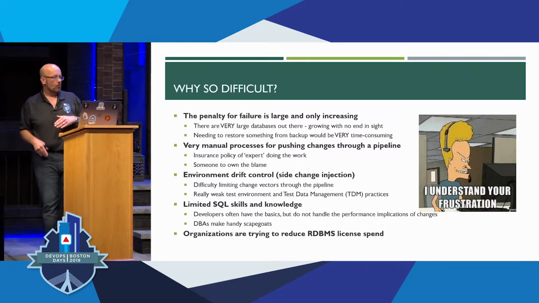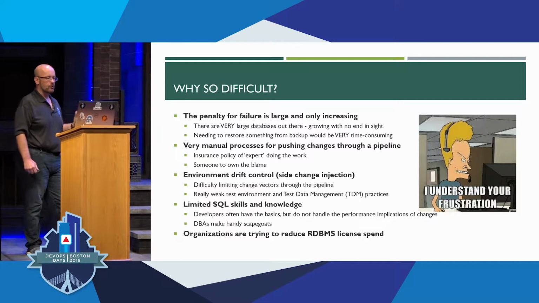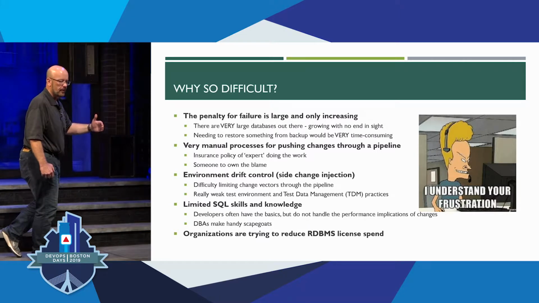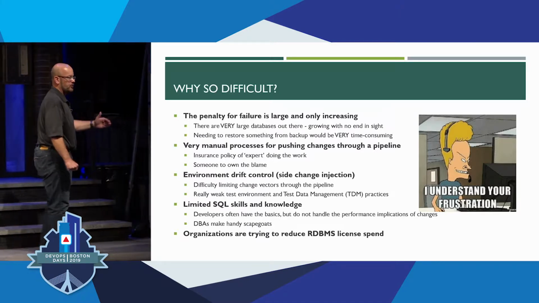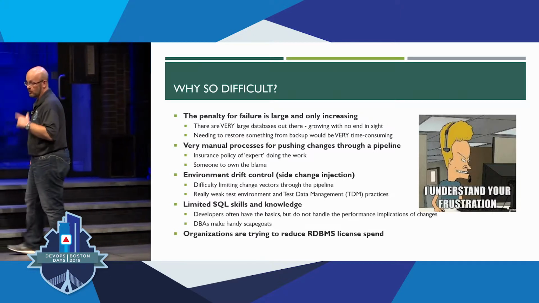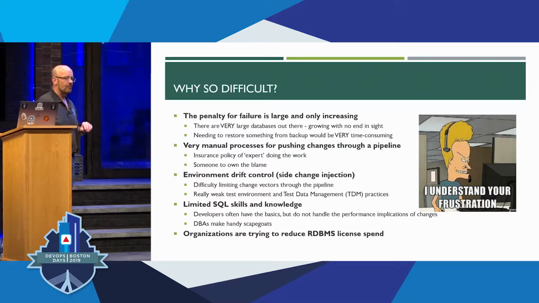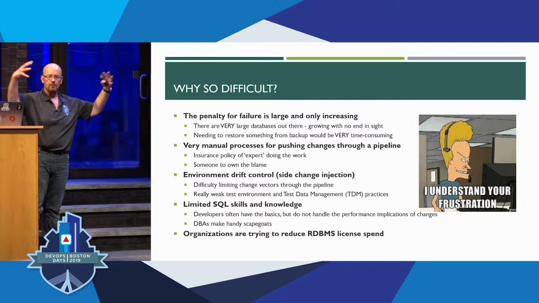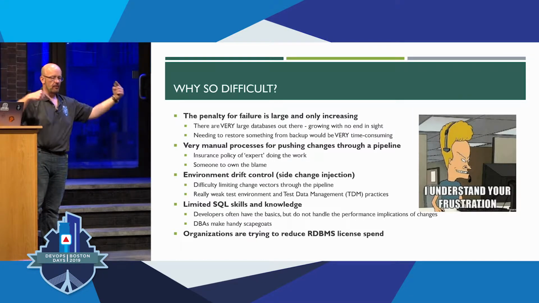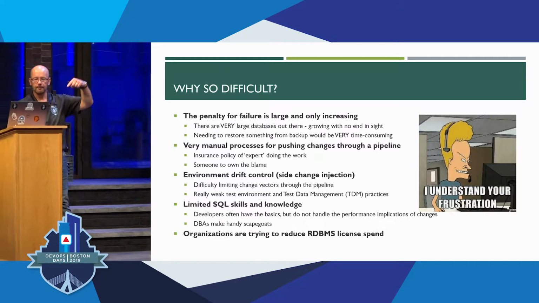So the organizations have responded, as they usually do, by throwing people and process barriers to change rather than facilitators to change. Make it safe. Put an expert in the loop. No matter how overworked, the expert is our safety valve, and if nothing else, we can blame them if things go wrong because they were the expert. Meanwhile, you have other factors. If I've got all these different teams and the database is my point of integration, that's a lot of people injecting change into this thing. So how do I control what's going on there, and how do I know my changes aren't going to break anything?